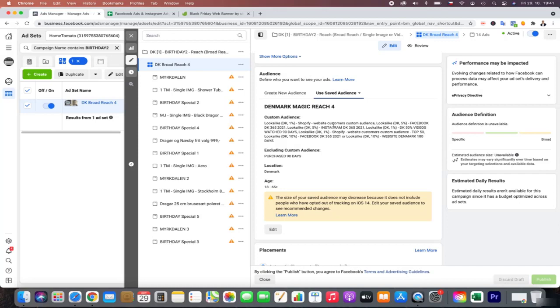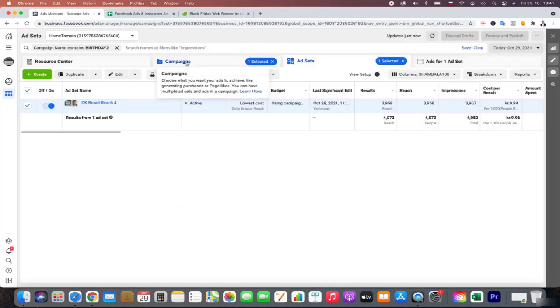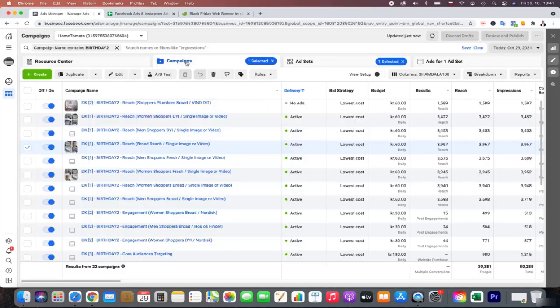To have this broad reach, depending on the power of the custom audience, I have been using also lookalike 5% or even lookalike 10%, because we have quite a lot of traffic and quite a lot of engagement. So basically this is the first step, as you can see.